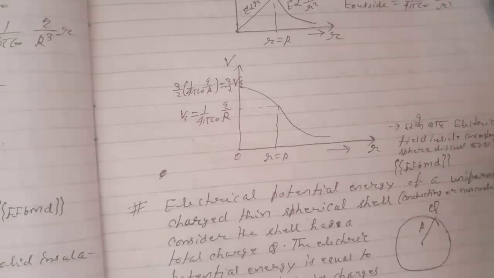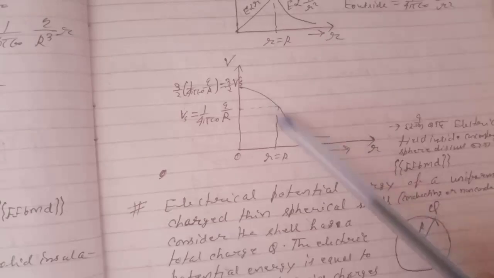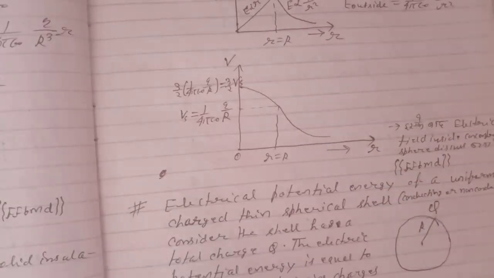This value is constant, and this is proportional to r square, negative of proportional to r square. So the potential graph will be like this. Next,